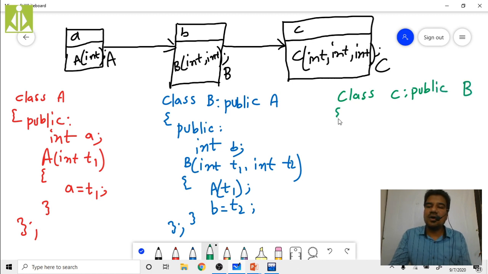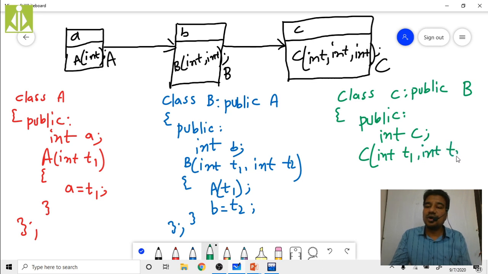So this class C will now have three parameters, A, B, C. So I am declaring public data member here, int C. Next is the C class constructor with three parameters, int T1, comma, int T2, one more comma, int T3.